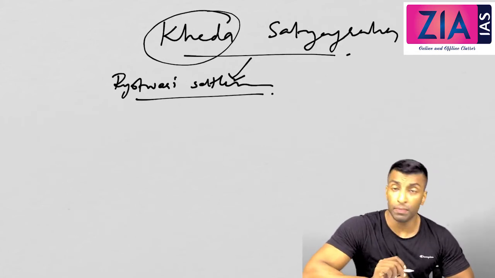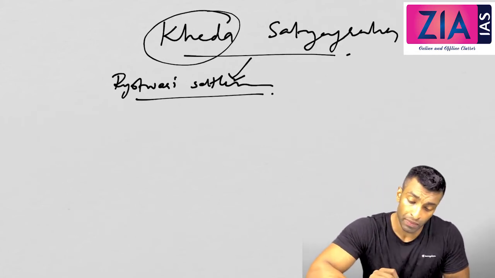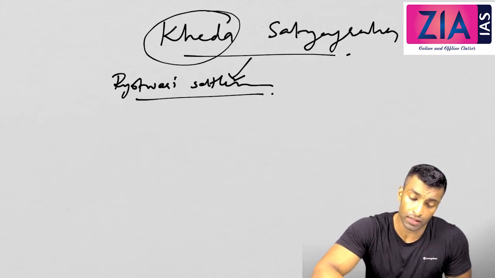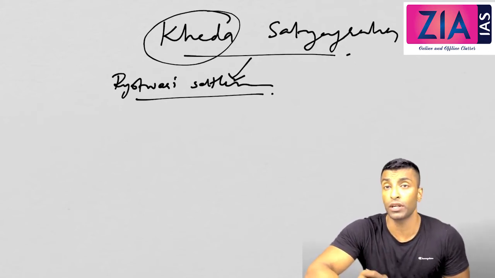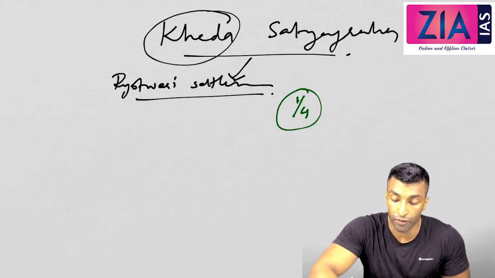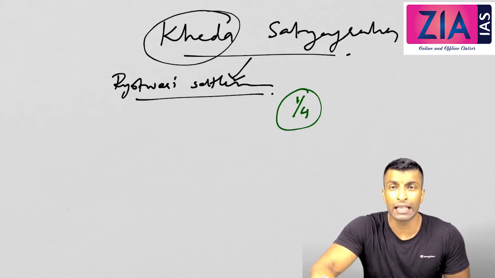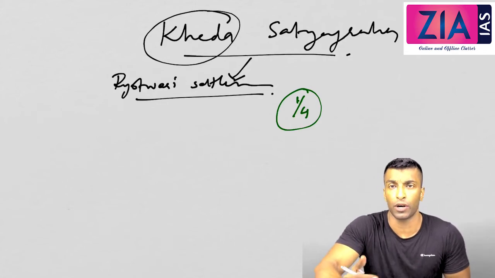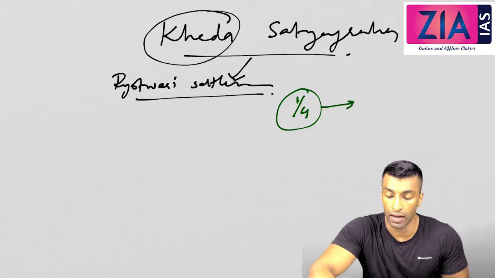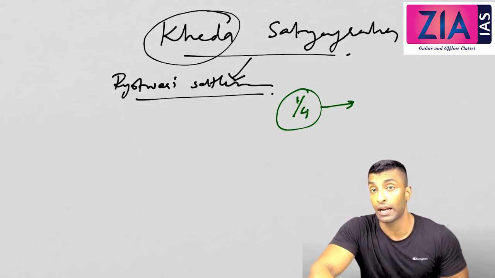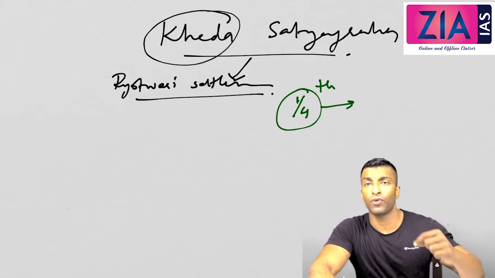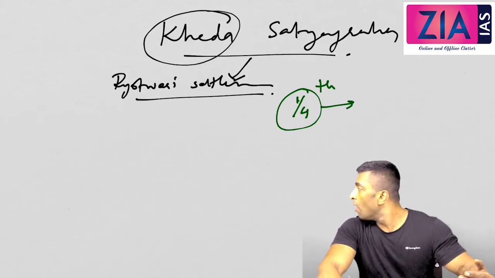Now there is a provision here, in case of some crop failure or some issue: if your produce is less than 1 by 4th of the expected or the last year's production, then you are exempted from tax. So there is a tax remission or tax exemption if your produce is less than 1 by 4th of the previous year.